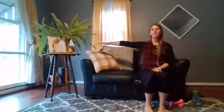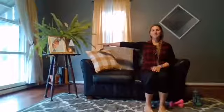Make sure that you have plenty of room on either side of you. Starting off with the right arm. Again, it's up to you and your range of motion. Maybe you choose to hold your arm out in front today. Or if you want to follow along with me, I'm going to do out to the side, keeping my arm